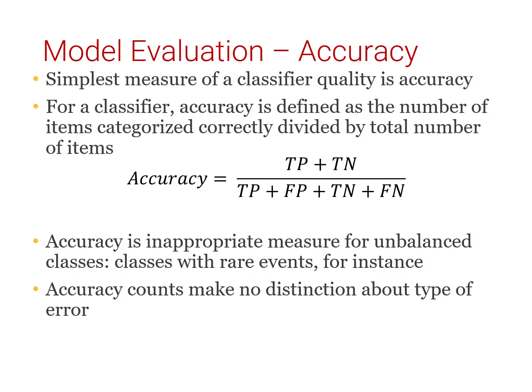To address these limitations, it's essential to consider additional evaluation metrics that provide a more nuanced view of the classifier's performance. Precision, recall, and F1 score are commonly used metrics that focus on the model's ability to correctly identify positive instances while accounting for the balance between false positives and false negatives. Precision measures the proportion of true positive predictions among all positive predictions, while recall quantifies the model's ability to capture all positive instances. The F1 score combines precision and recall into a single metric, providing a balanced measure of the